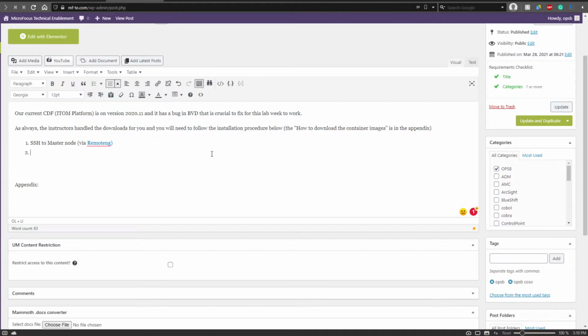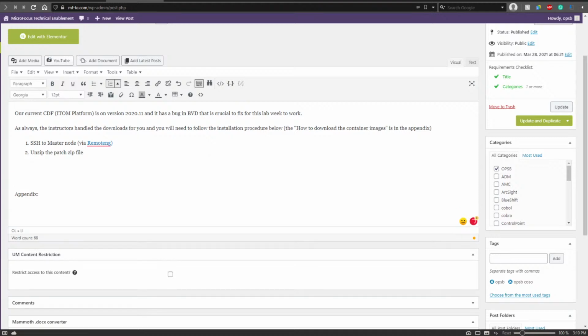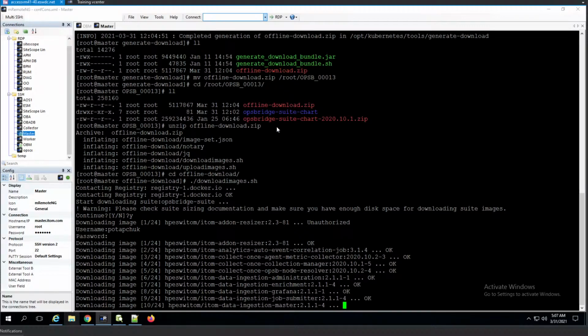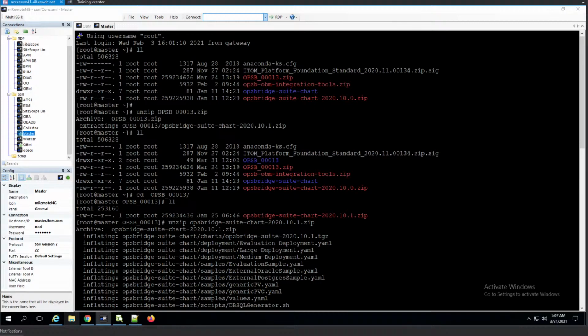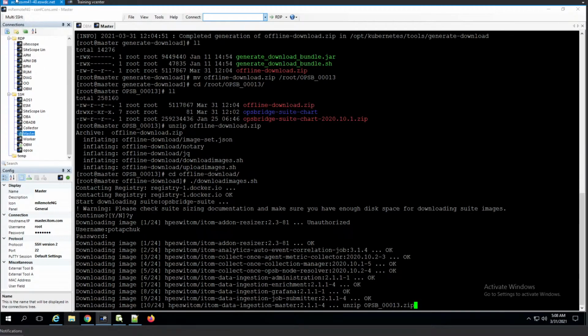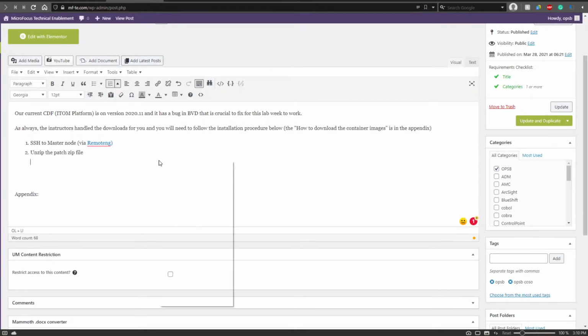And I'm going to say: unzip the patch archive, the patch zip file, and I'm going to repeat the command. So I cannot repeat the command. Okay, I'll have to find it myself somewhere over here. So that would be unzip and the right click. All right, and I'm going to paste it here, mark it in bold,